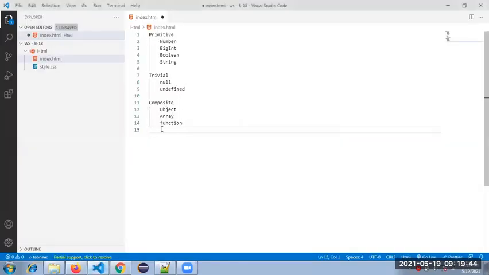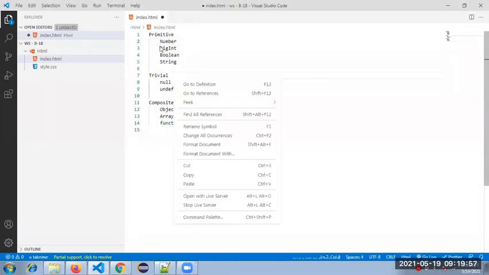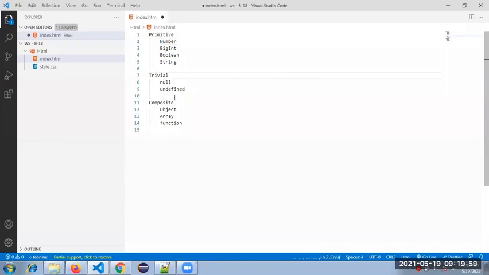I will explain function, guys, but it's already time, so function alone we will see in the next session. You need to play around with these data types and do some workarounds. Practice, and I will continue with function and the upcoming topics.